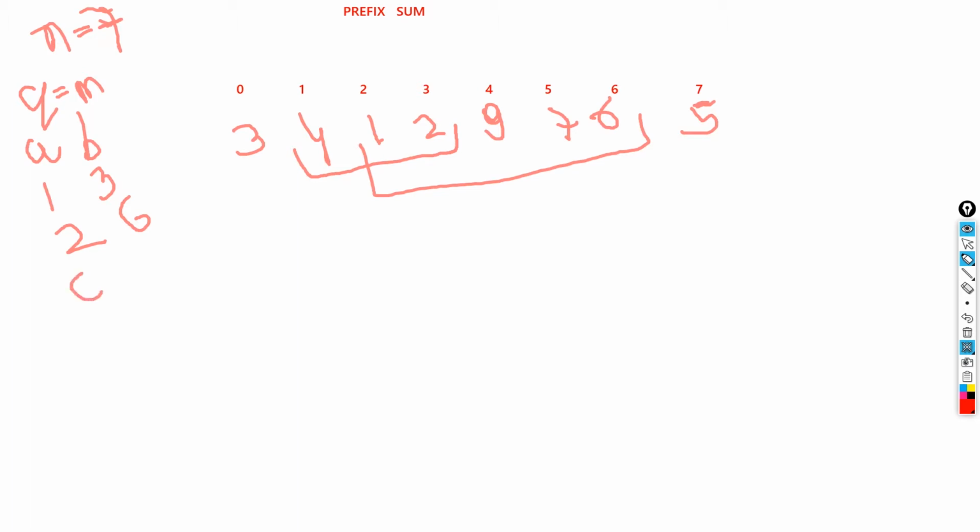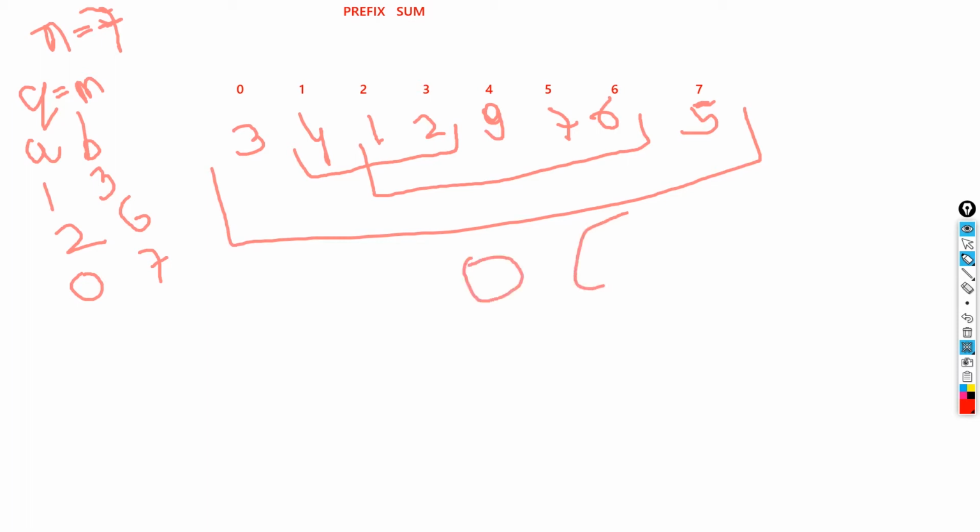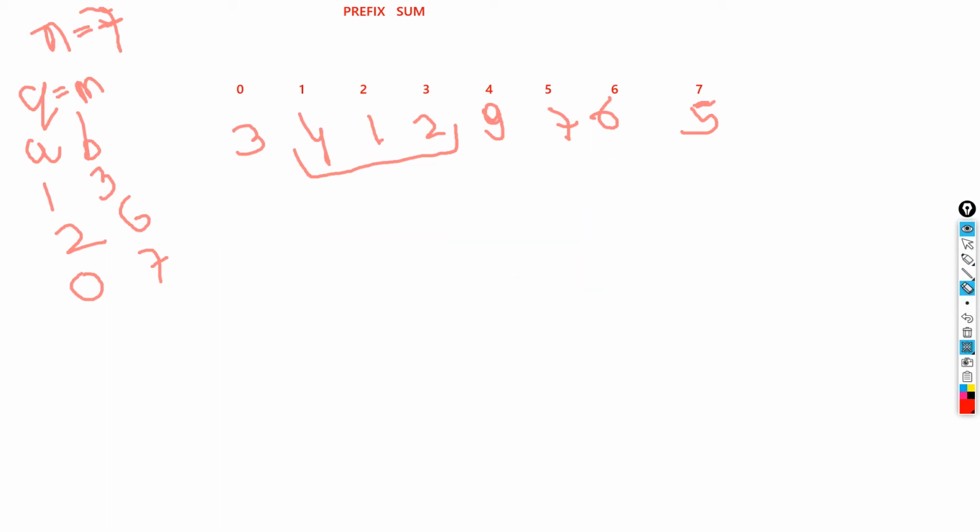And let's say we have the worst case scenario that we have this query for 0 to 7, so we have to calculate this whole part. So we can see clearly that in the worst case the time complexity to calculate the sum would be n, and for m queries, let's say all the m queries are of size 0 to 7, that would be m queries with each query taking n time, so O of m into n. So this is the time complexity that we have. Can we reduce it? Yes, obviously we can. So let's start thinking about what we can do.